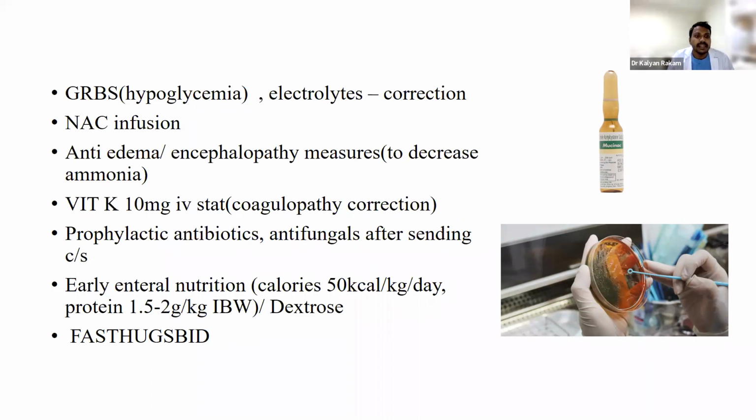And also early enteral nutrition, Ryle's tube or anything else, we have to start early enteral nutrition, targeting calories of 50 kilocalories per kg per day and protein of 1.5 to 2 grams per kg. Apart from the routine FAST HUGS BID like feeding, analgesia, sedation, thromboembolism prophylaxis, head end elevation, ulcer prophylaxis, GRBS